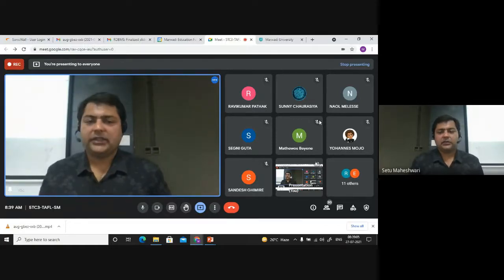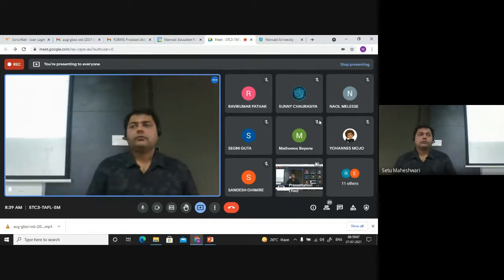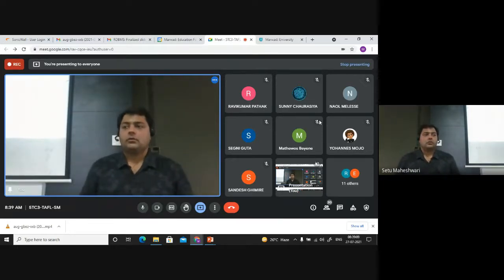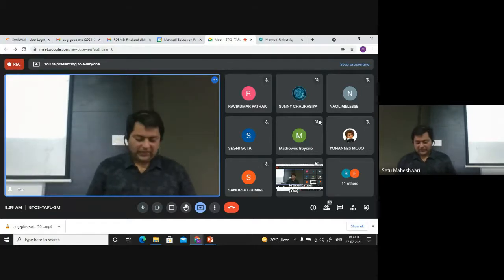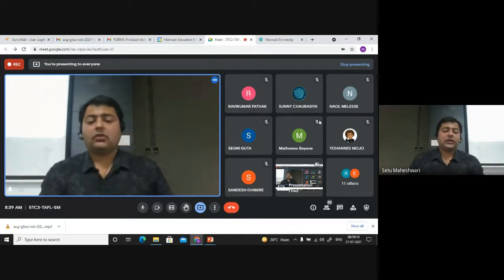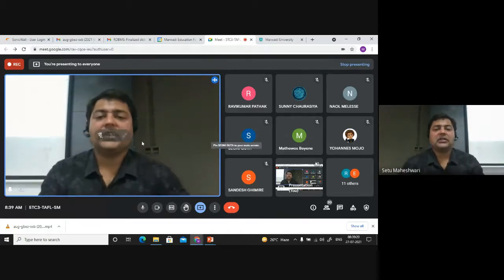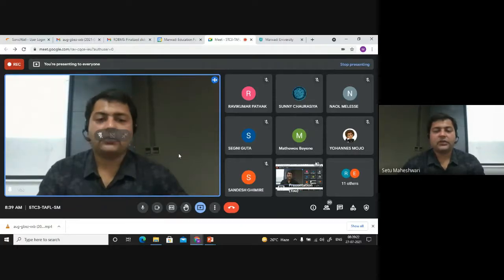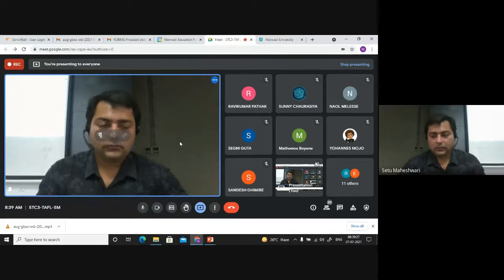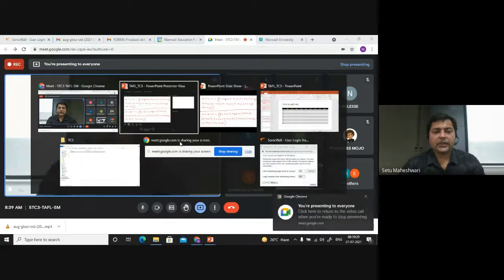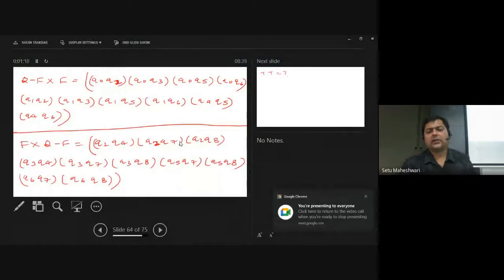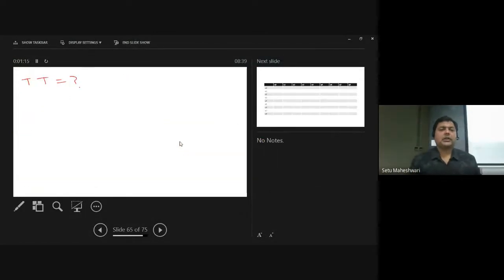Has somebody created the transition table? The transition table which I said, not this matrix, not this Q0 to Q8 matrix, rather the transition table that I told you about. Have you created that? If not, then it's better if you create it. Although we can do it without creating that also, not a big deal. So let's start doing this.